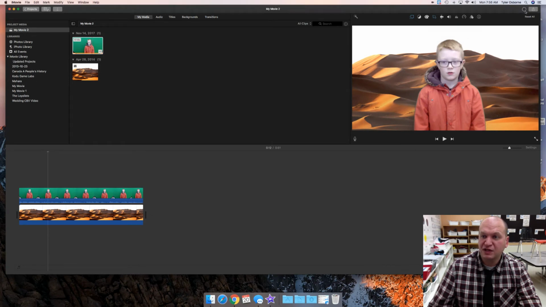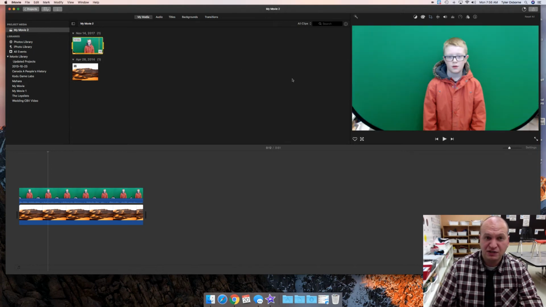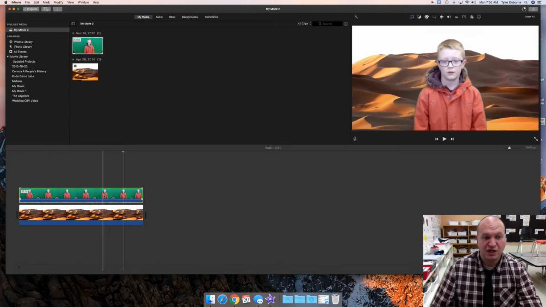And then you get this circle right here, and the circle will automatically fill up as it exports. When you press the project button, it's going to want you to name the project again to save it, and just name it so that it's saved within iMovie, and you can always re-export it if you need to export it at a later time. So that's all you need to know about how to turn a green screen video into an on-location report, and